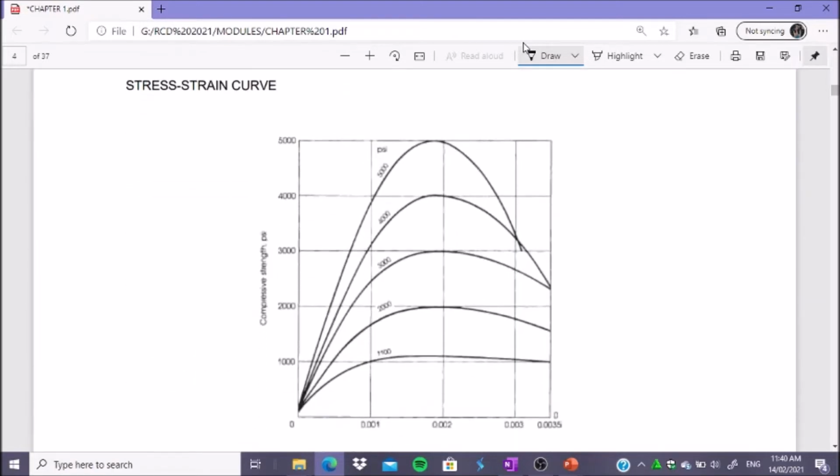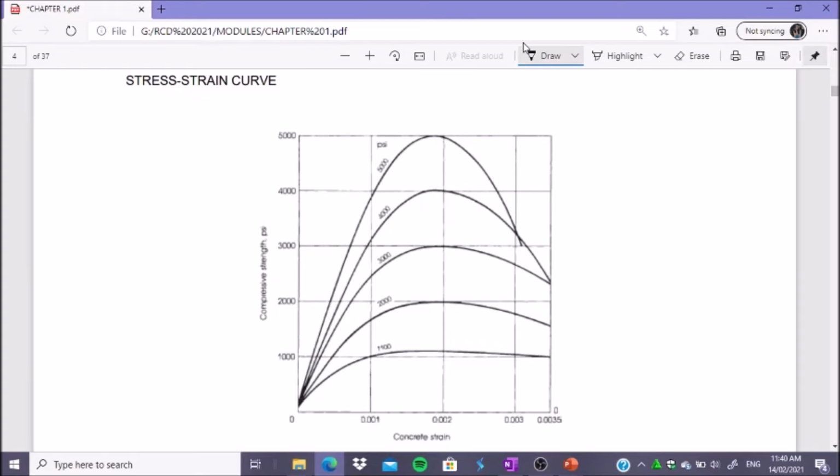Then it is stress strain curve. This is for concrete. So makikita niya, we have the concrete strain against the compressive strength, PSI. So we have 0 to 5,000. Then we have strain of 0.001 to 0.0035. So depende sa strength niya eh. So 1,000, 2,000. So ito yung naging curve niya. Yung curve niya. So pagdating dito sa strain around 0.002, yung concrete nagkakaroon ng